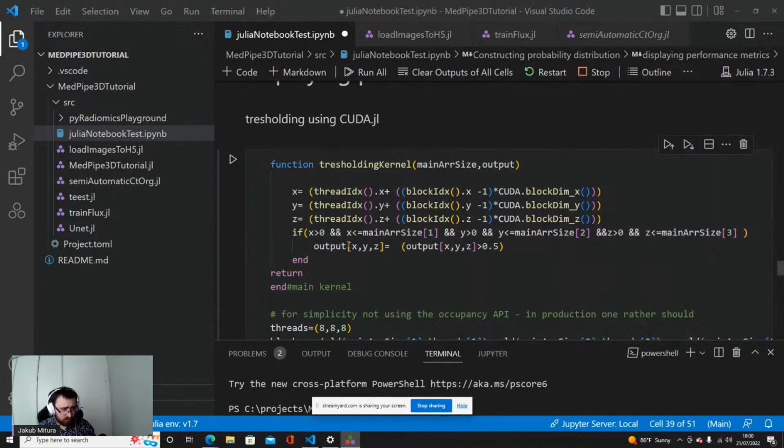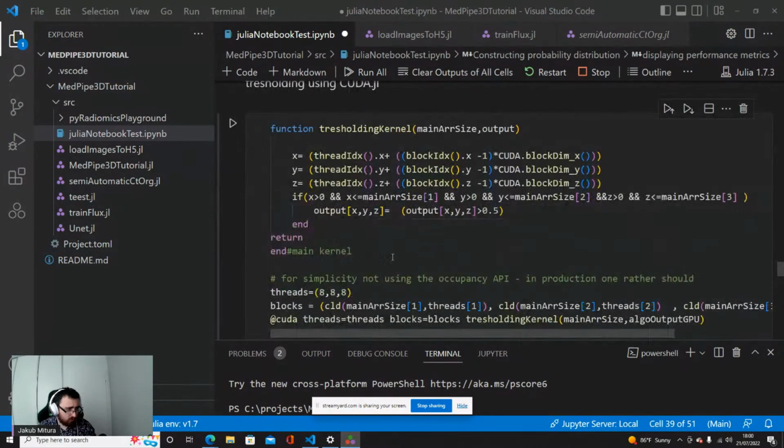This is also a very simple thing. We can do a kernel or parallel stencil, or it would be even better to use normal CUDA arrays to map it. But we need to threshold it. When the value is above some threshold, in this case I arbitrarily chose 0.5, we decide that this is truly liver.